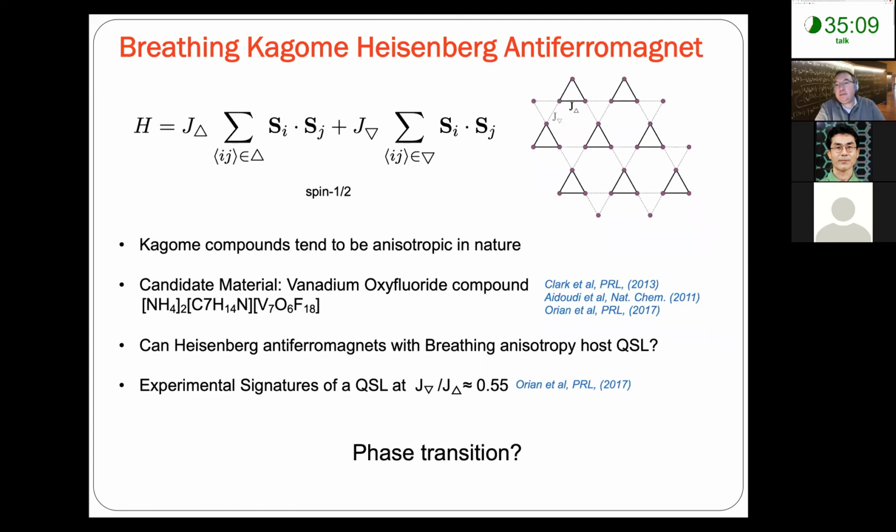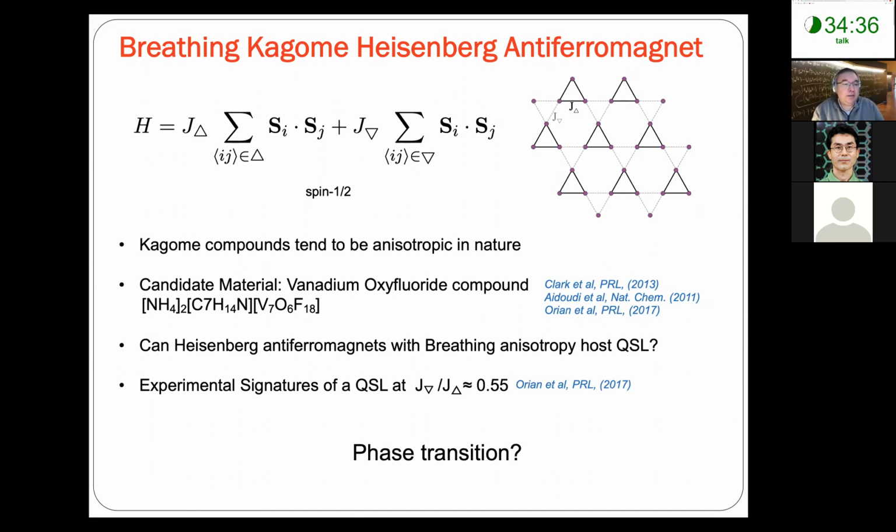The breathing Kagome-Heisenberg antiferromagnet is just a generalization of the usual Heisenberg-Kagome antiferromagnet. We have a Kagome lattice, and we have spins 1/2 at the vertices of the Kagome lattice, and we have a Heisenberg model defined on this Kagome lattice. So essentially, we have nearest neighbor spin 1/2 spin-spin interactions. The model is SU(2) invariant, and the difference with respect to the usual Kagome-Heisenberg antiferromagnet is that